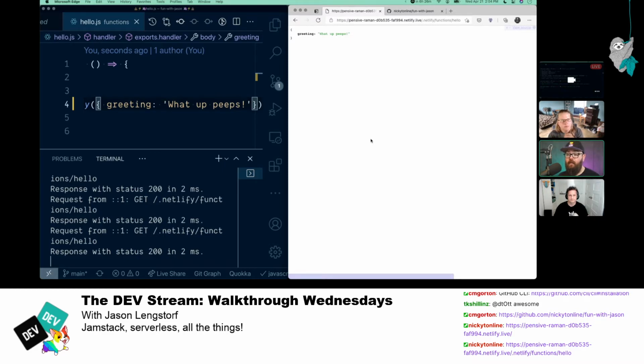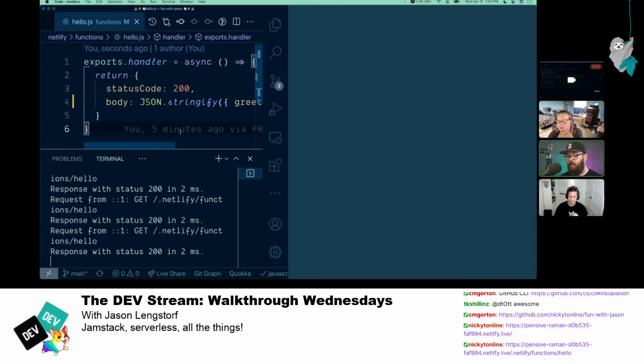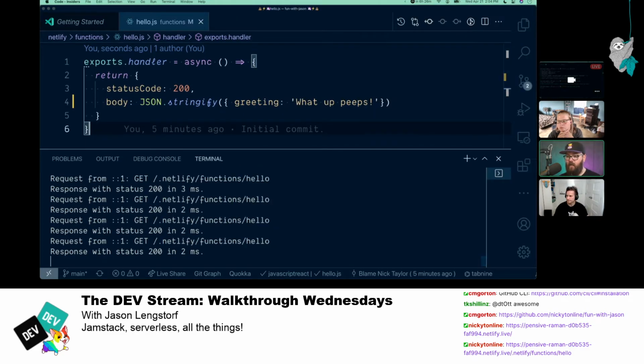What I really love it for is when you're working on webhooks. We won't really dig into webhooks today, but webhooks are a super powerful way to get systems to talk to each other. A lot of CMSs and software as a service platforms have a way for you to register a webhook for when certain events happen. Like in Shopify, you can set up a webhook for when you sell something, or in Contentful, when you save data.